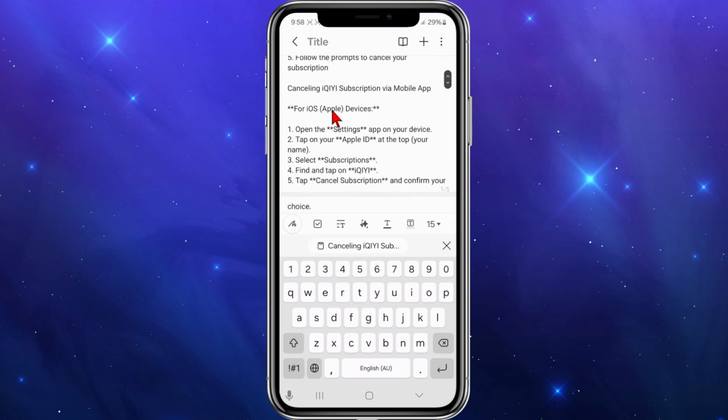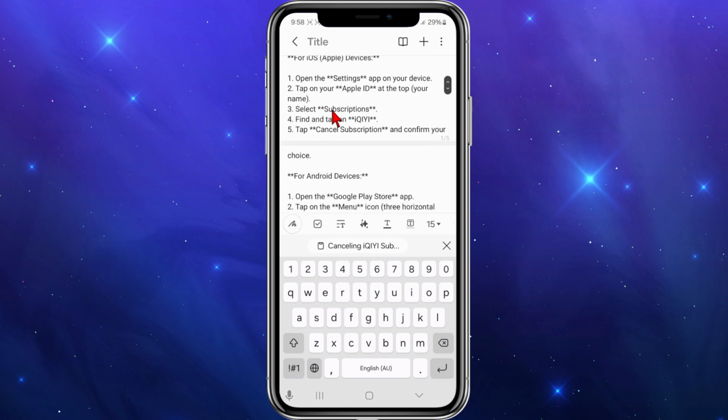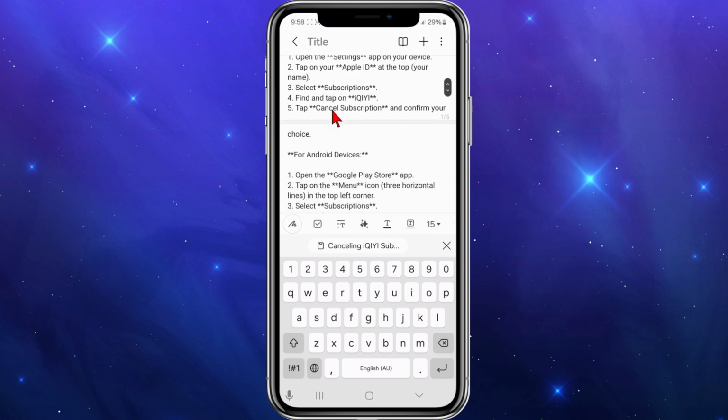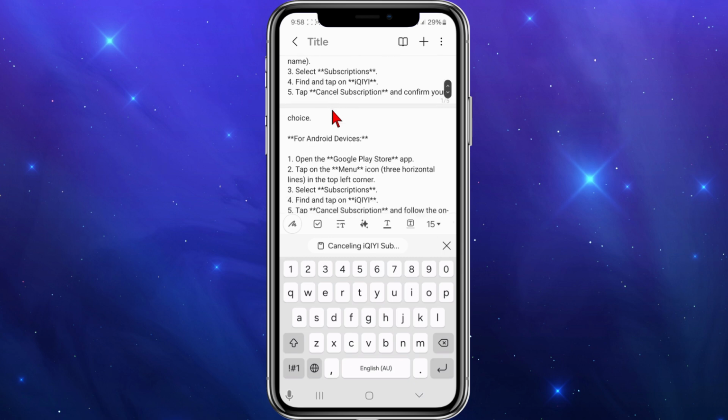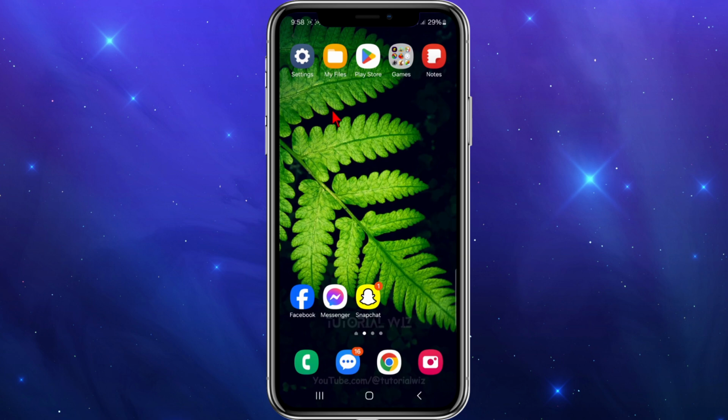And now if you're on a mobile app for iOS device users, what you want to do is open up Settings app on your device, tap on your Apple ID, select subscriptions, find and tap on Iqiyi, tap cancel subscription and confirm your choice. Now if you're on an Android device, what you want to do is head over to